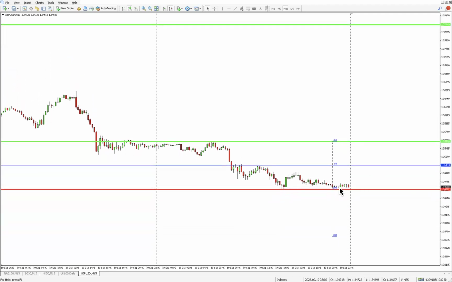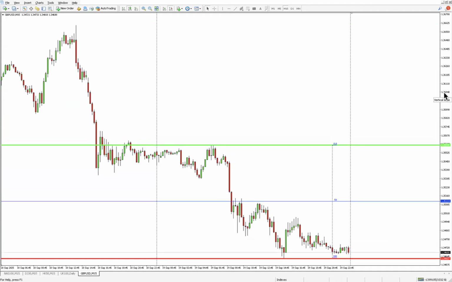Down here, low of yesterday, high of yesterday. If the bears are strong enough to break out beneath here, they want to get to a measured move. There is the measured move as a target. That's all you've got to do. Then you start to work, right?